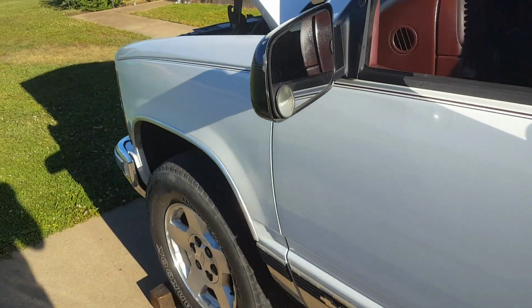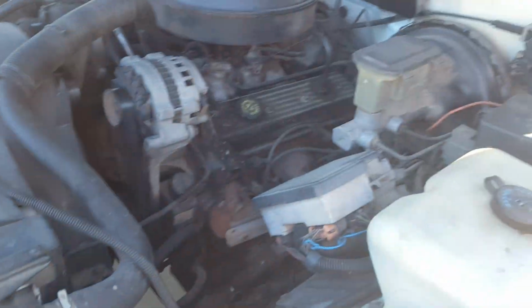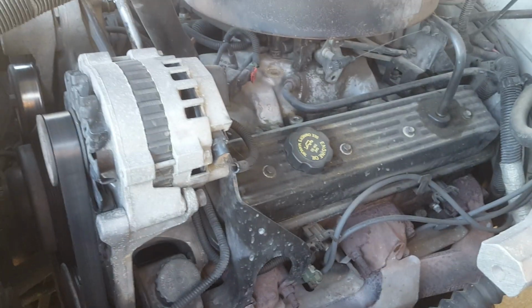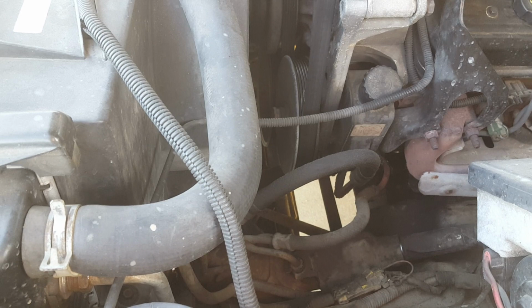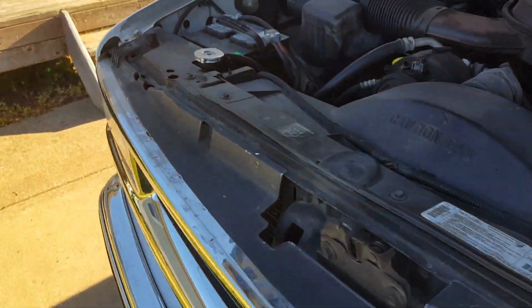Main thing is to get the engine squared away. Because if you don't have an engine, you don't have a vehicle. So I'll order the parts for it and get it in line to get its intake gaskets replaced. We'll do hoses, we'll do a thermostat, oil cooler lines. Stuff's expensive as heck, and you know, I'm not going to go into a big speech about it, but